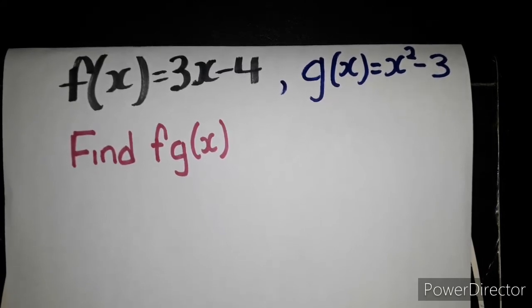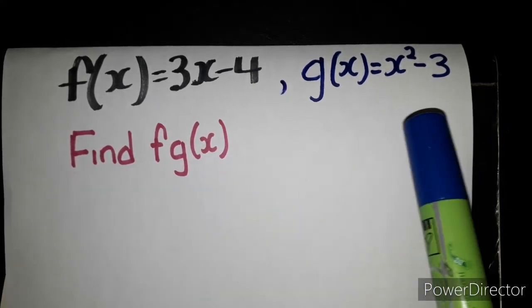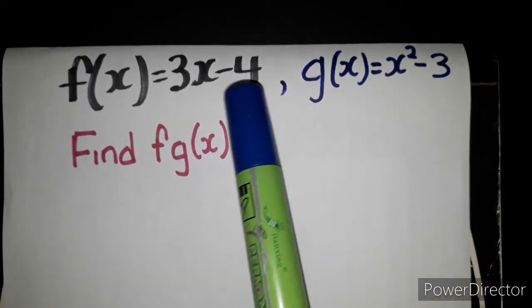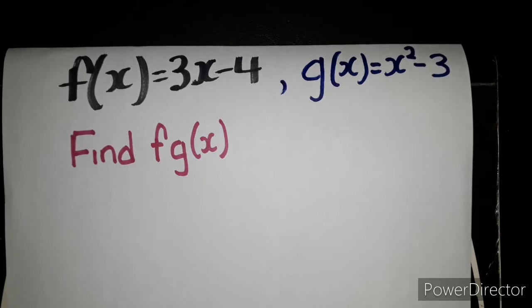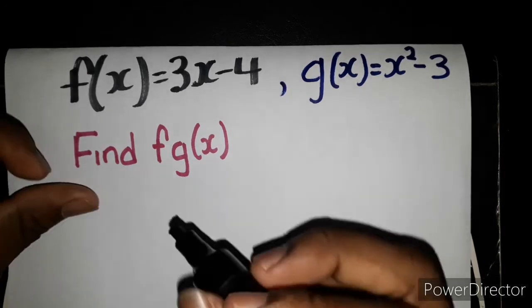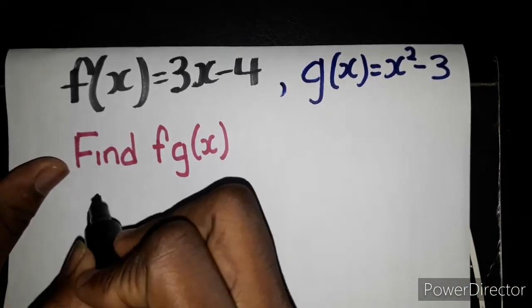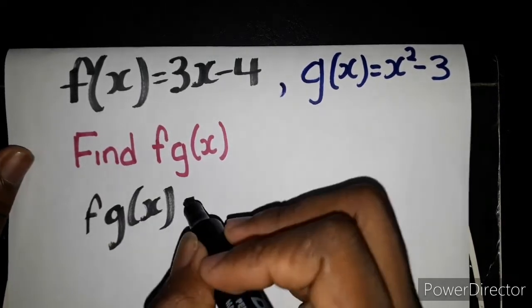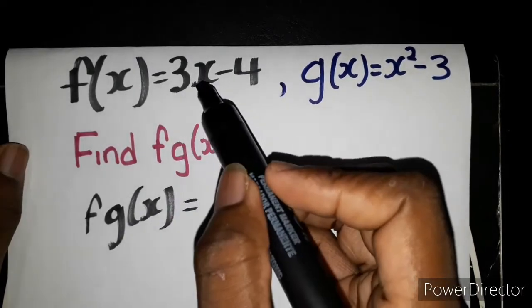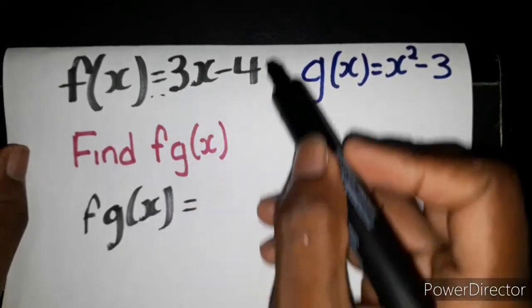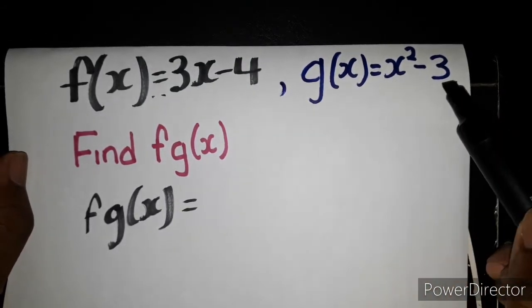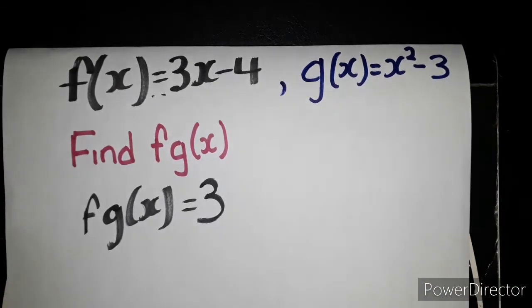What this question is basically telling you to do is to put the function g of x into the function f of x. So this is what you do. You put g of x into f. So this is what you're doing. Wherever you see x inside of this equation here, you're replacing it and you're putting in everything of g of x. So this will be 3 in brackets,